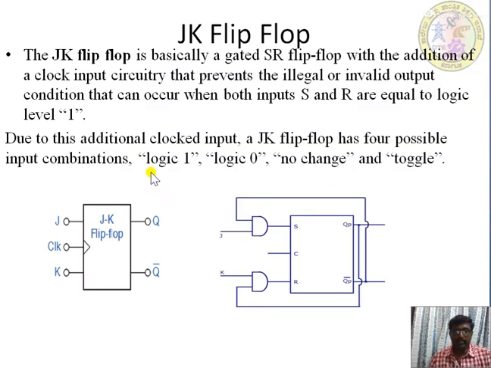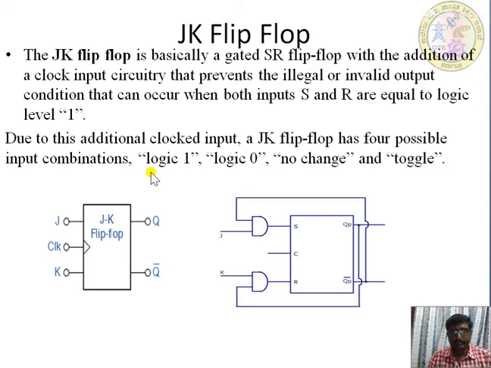JK flip flop is basically a gated SR flip flop, just to avoid the intermediate state. It acts like an SR flip flop with the addition of clock input circuitry that prevents the illegal or invalid output condition that can occur when both inputs S and R are equal to logic level